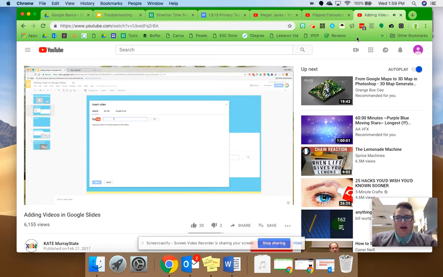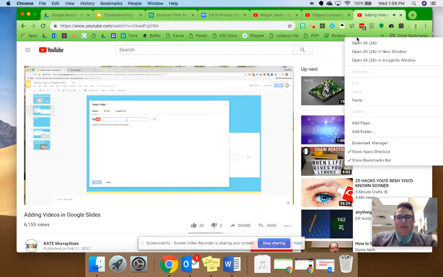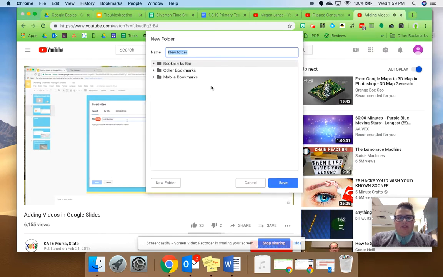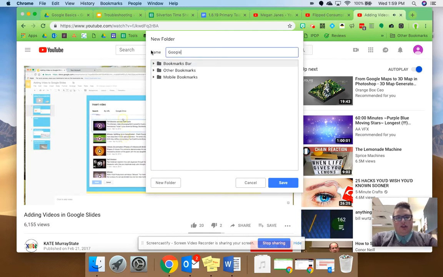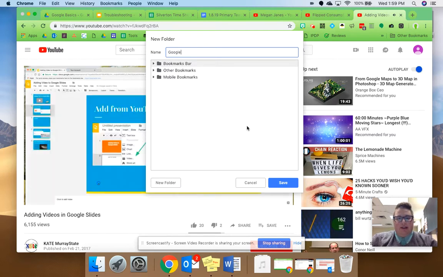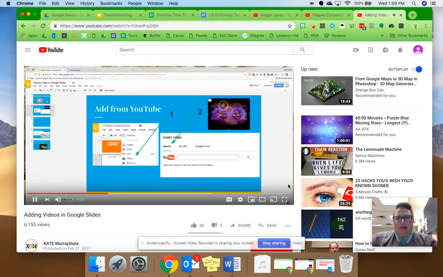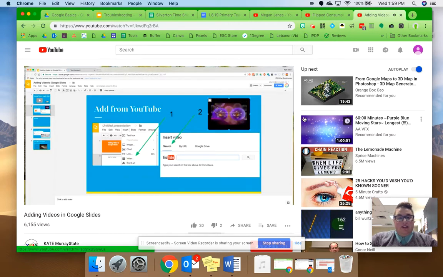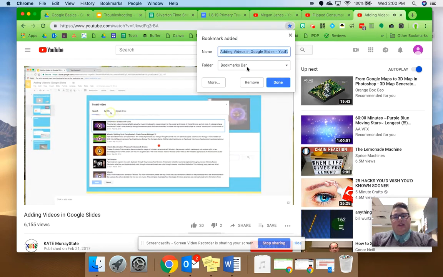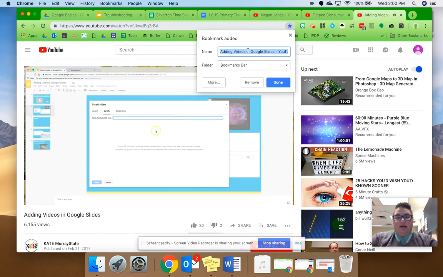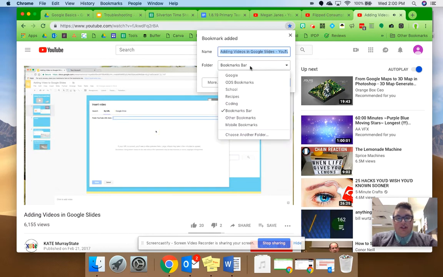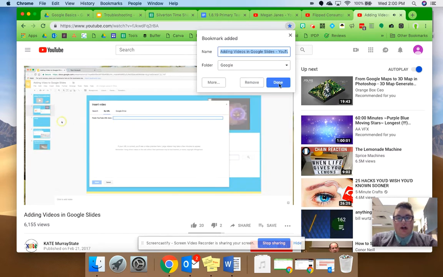So I actually want you to either right click or 2-finger click, depending on what device you're on. Right click or 2-finger click the bookmarks bar, and you'll get an option to add a folder. So I'm going to add a folder to the bookmarks bar because that's what's highlighted here. And I'm going to call it my Google folder because I want all my Google resources here. And then I'm going to click save. And since this is the video that I really liked and I want to hold on to it, I'm going to click the star. And then I'm going to add this to the Google folder on my bookmarks bar